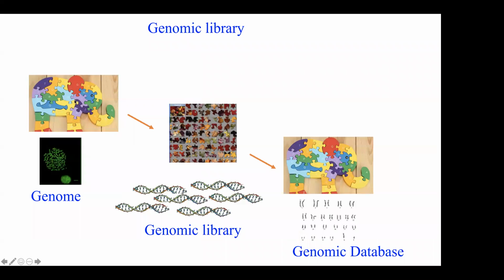In the beginning, we saw that the chromosomes are not arranged properly inside the nucleus. What they did was make a library. This happened in the early 1990s to 2000. They fragmented the genomic DNA or chromosomal DNA into small pieces, then made the library. Later they arranged it, and then they formed the genomic database.